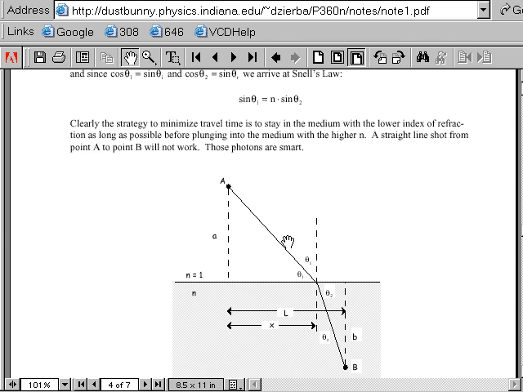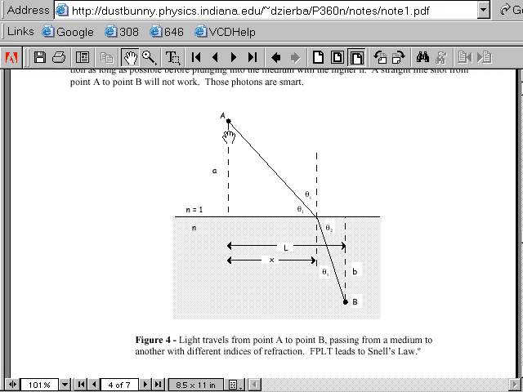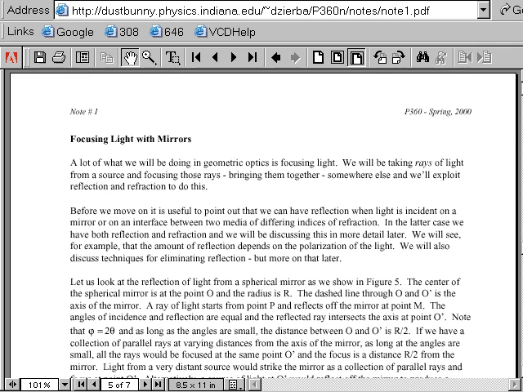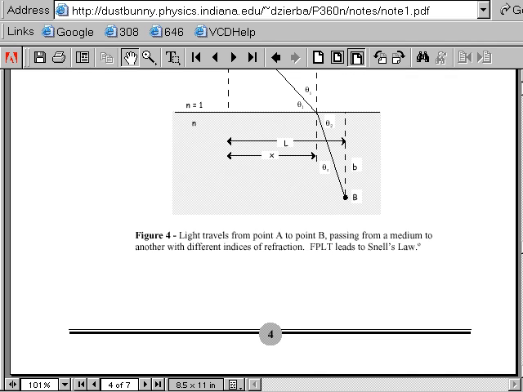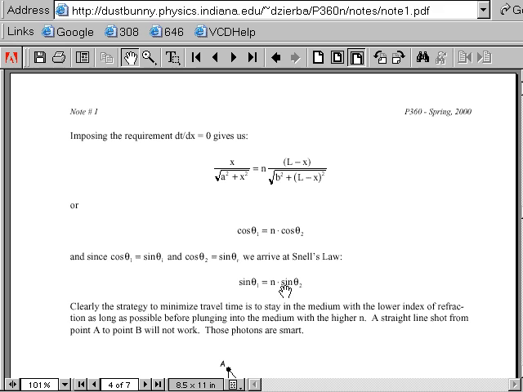So if you're reflecting from a surface, that's true. But suppose you have two media like air and glass, where the speed of light is different, then the light ray will be bent, because even though the straight line path here is shortest in terms of geometry, it is not shortest in terms of time. So in order to get a minimum travel time, you would actually have a bent path, and these angles are related precisely by a minimization, which leads to Snell's law of refraction. And I think, yeah, this is actually Snell's law here. The sine of the angle of incidence is equal to the index of refraction times the sine of the angle